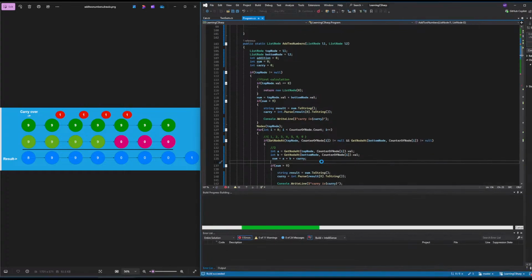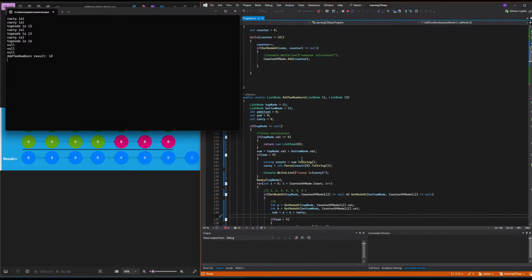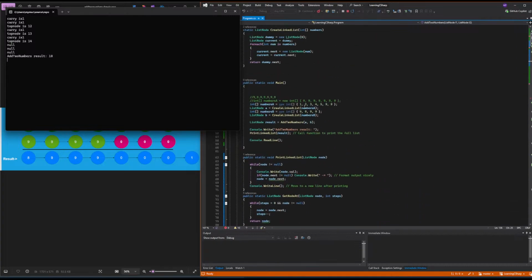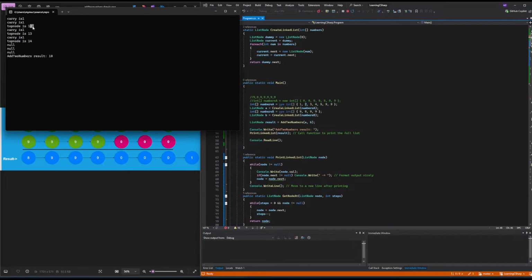Let's see what we have in here so far. So 9 plus 1, 10, 9 plus 2, 11, which we start from here, from the second one, yeah. Then 11 plus 1, 12, and then carry is, because we're gonna write the,